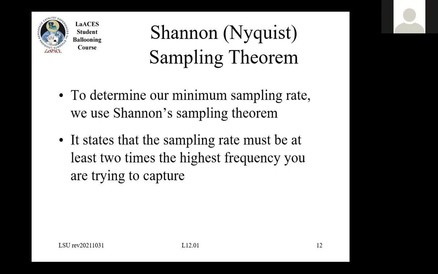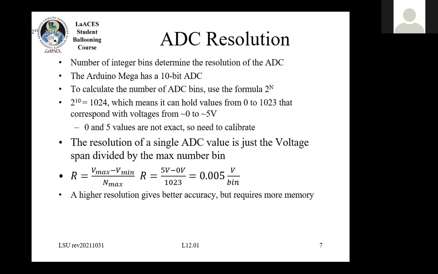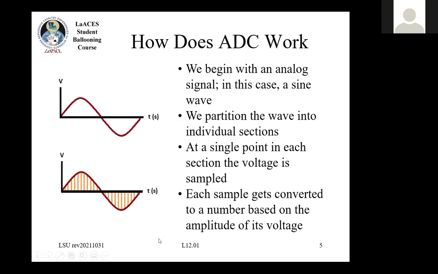It's called either the Shannon sampling theorem, also called the Nyquist sampling theorem. It may be called the Shannon-Nyquist sampling theorem. But basically it says that you need to sample twice as quickly as the highest frequency that you want to try. So you could pretty easily guess that based on